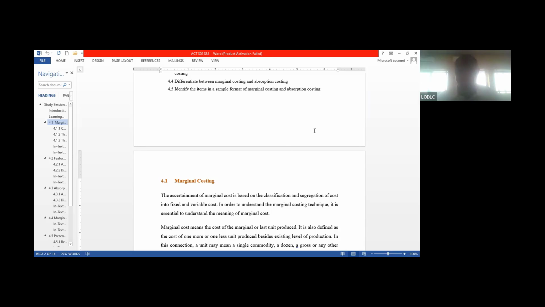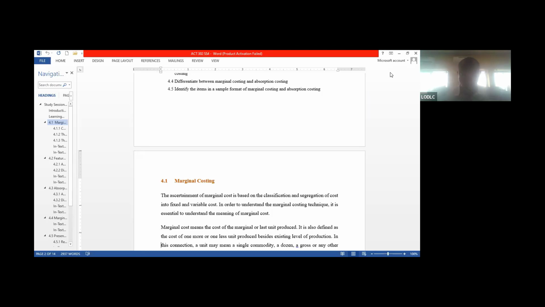Then if you look at a manual, they say the ascertainment of marginal costing is based on the classification and segregation of cost into fixed and variable cost. That is, when you want to do anything in marginal costing, the first thing that you do is you separate your cost into either fixed or variable cost. That is the first step. So it is essential to understand the meaning of